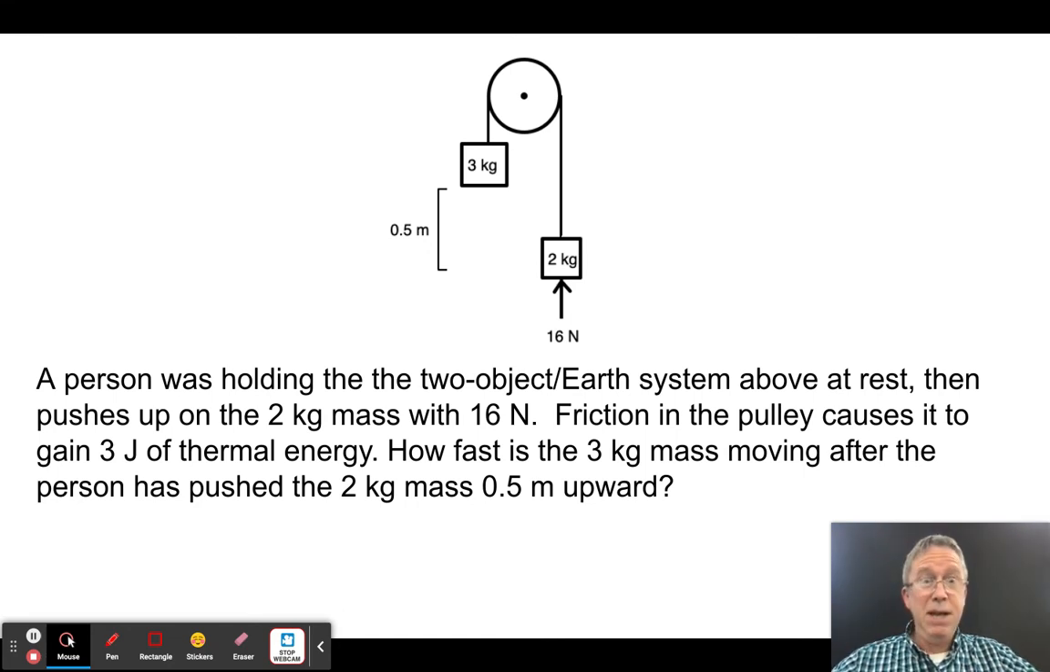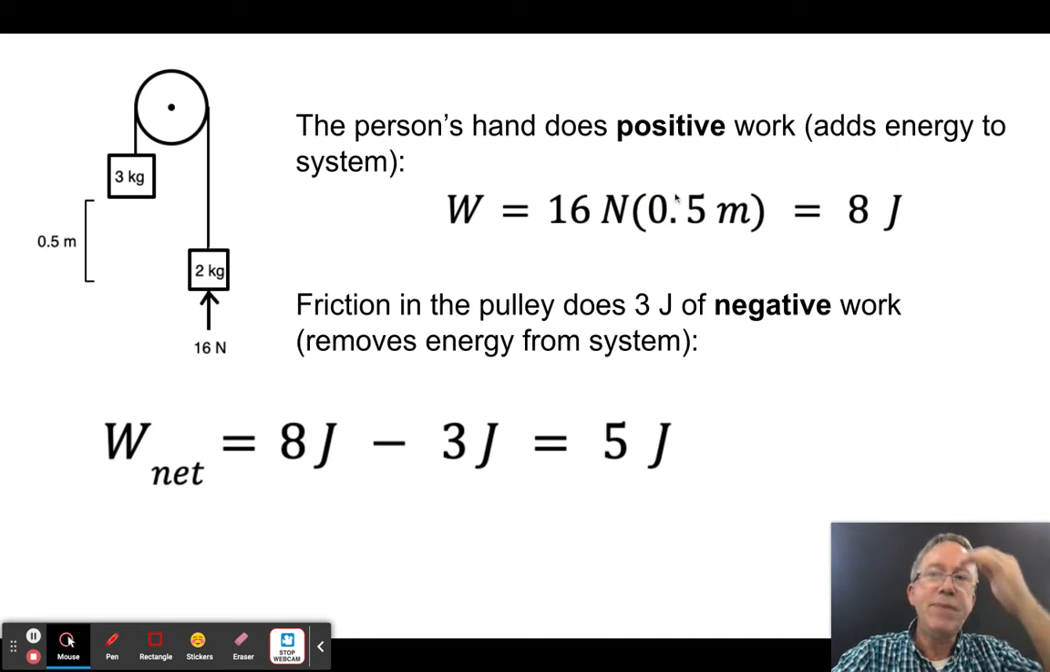You might be going, what the heck? It's really not that hard. Let's just try this here. Okay, ready? All right. Now, the first thing we had to ask ourselves is, is the person's hand doing